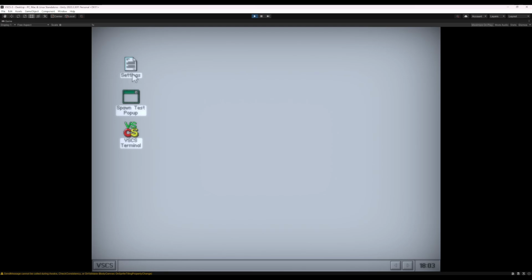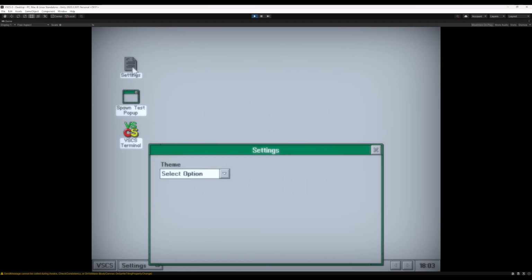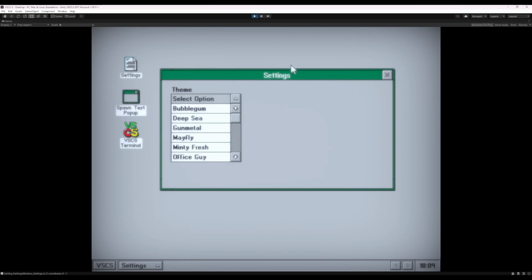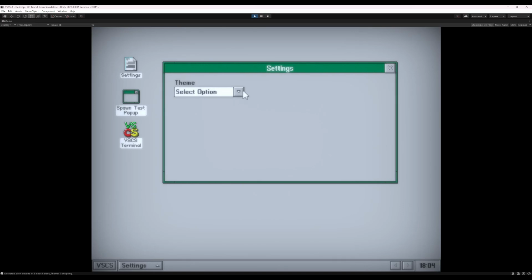So we can open up our settings window, which has a placeholder icon, which is not final. You can see I still have that bug where the windows don't center properly when they spawn in. There's so much to do. I'm trying not to just complain about how busy I am working on my own project. But yeah, our settings window is a little nicer of a size now.